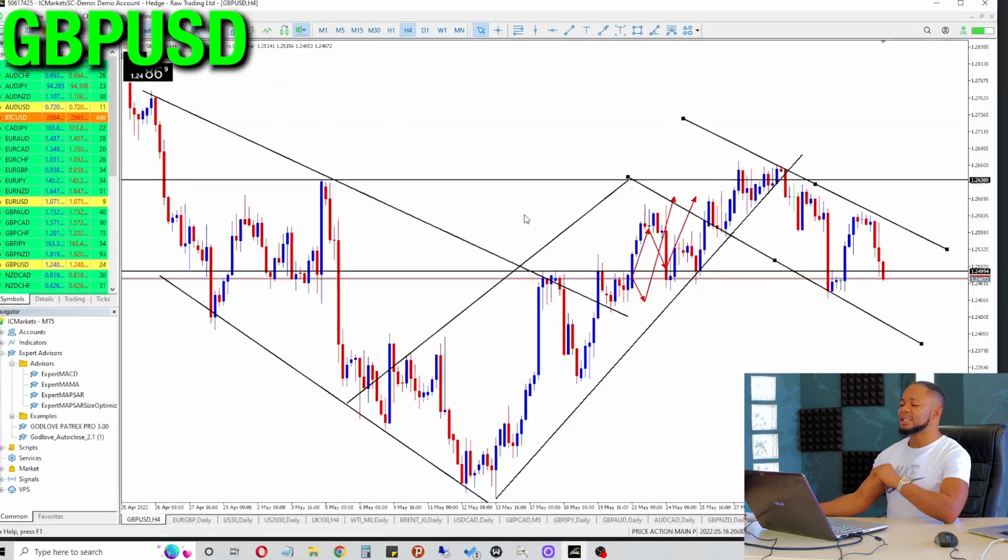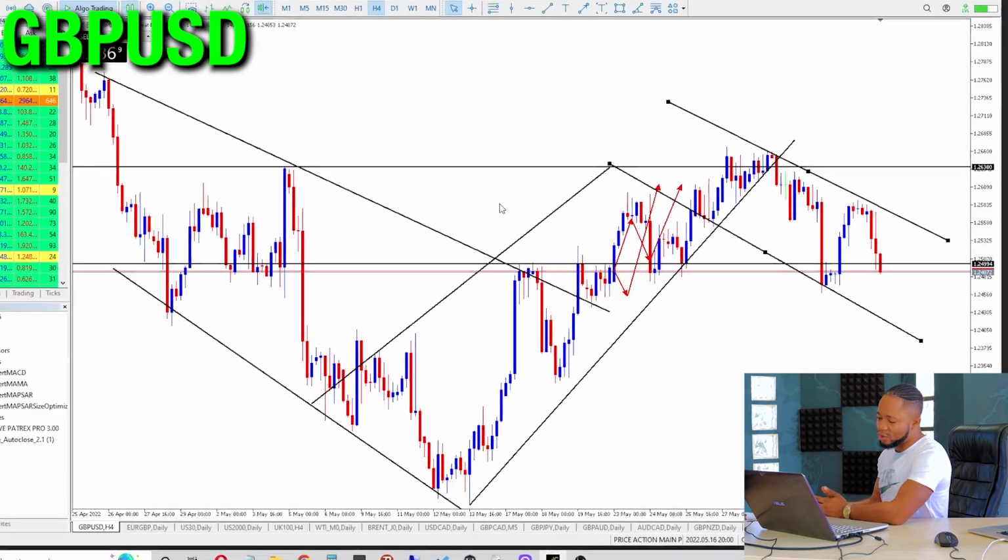So with that being said, the market is going to be opening soon, and this is my analysis for the week and the key currency pairs that I'm going to be looking at. All right, perfect. So the first currency pair, if we come on my screen,